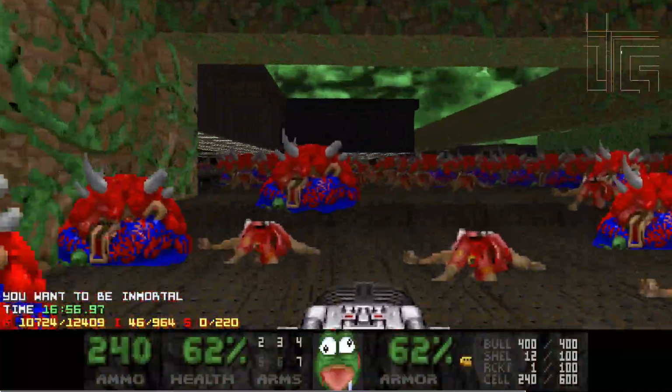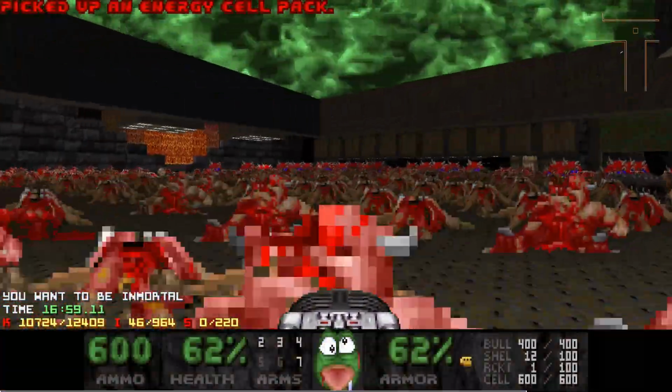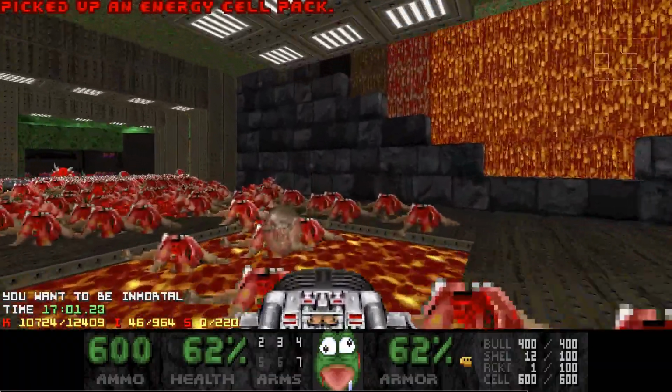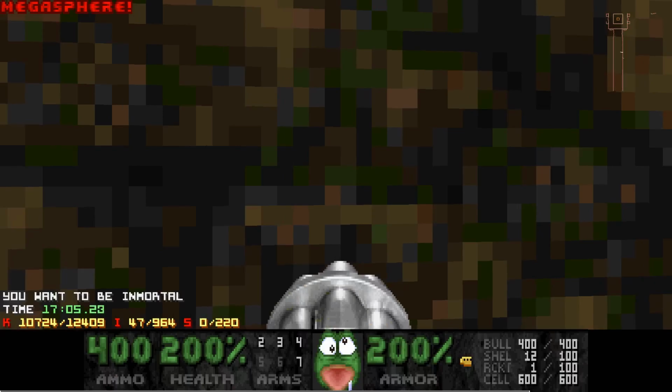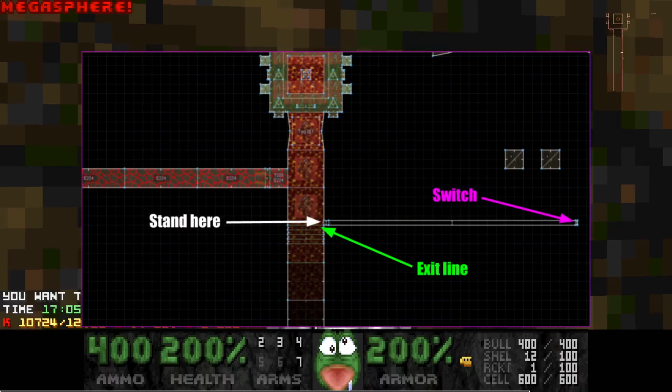These guys are incredibly awkward to kill, by the way. After filling up, we need to shoot a very tiny secret switch. Let me point out just how close to the exit line diff that the switch is. Do not be haphazard with this. You'll also need to be straight on with the wall in order to hit the button, which is very deep